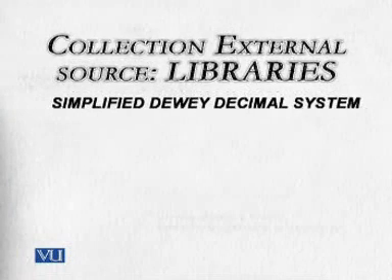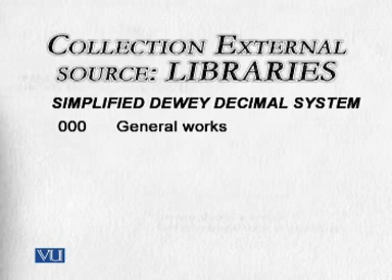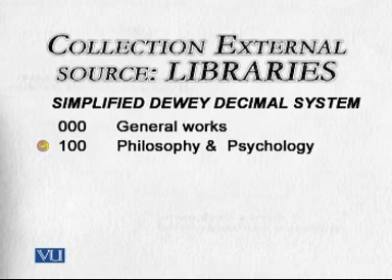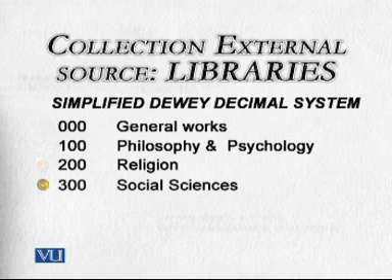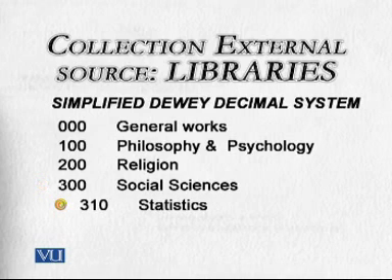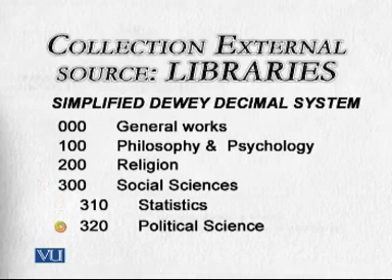Now, a brief idea of this Dewey simplified system of book categorization. General works are categorized 000, and philosophy and psychology is 100. So if you find 100 on books, they will be all about philosophy and psychology. Religion, 200. So books under 200 is religion, 300 social science. And then you have subsections of 300, like 310 is statistics, 320 is political